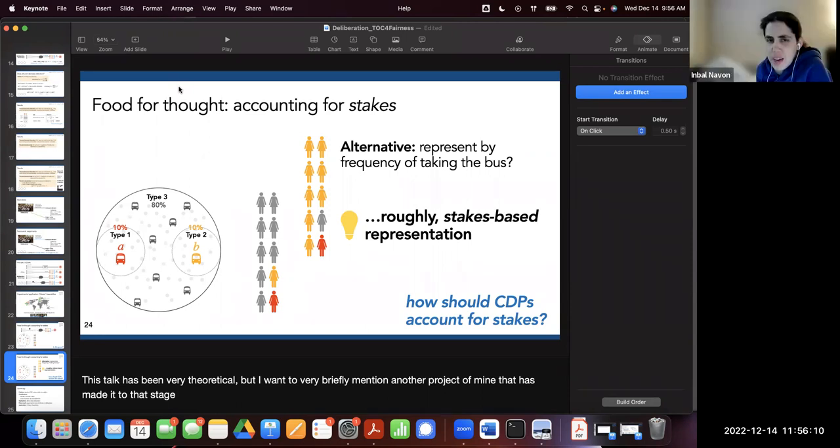Yeah, I was more thinking of asking different questions about what you would prefer. Say, how frequently would you use a bus station if it is in place A or B? And using this kind of thing to approximate stakes, but also to make the decision, like to choose the value and then do the decision. Yeah, you're right. You're totally right. If you could do that, then the problem would be solved. Yeah, exactly. Okay, cool.